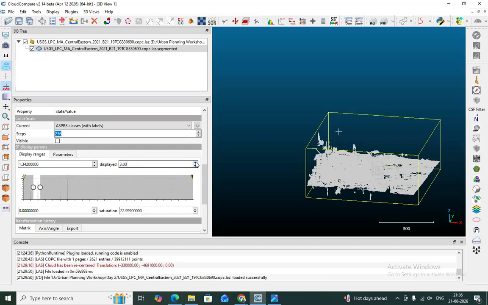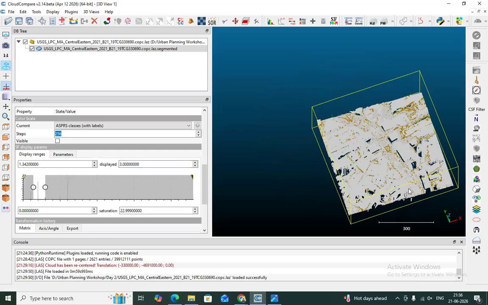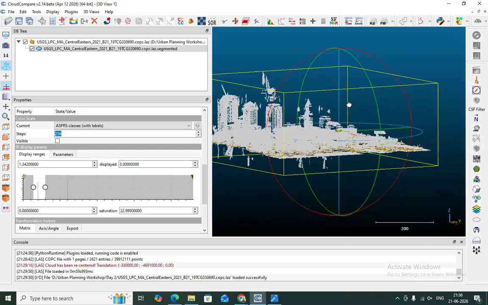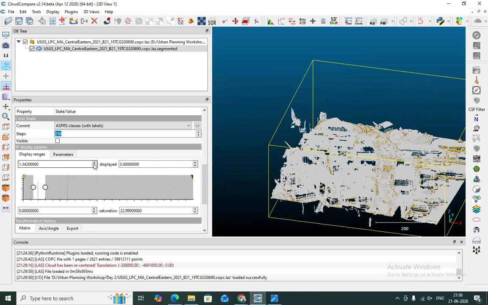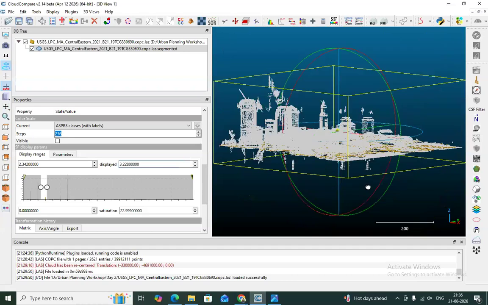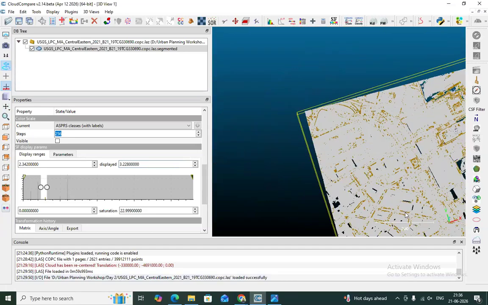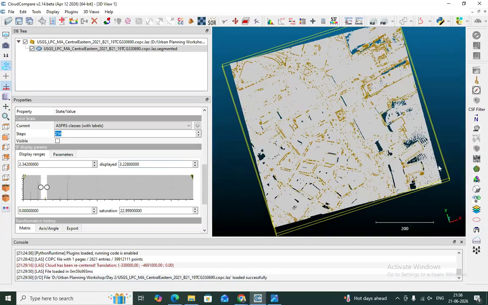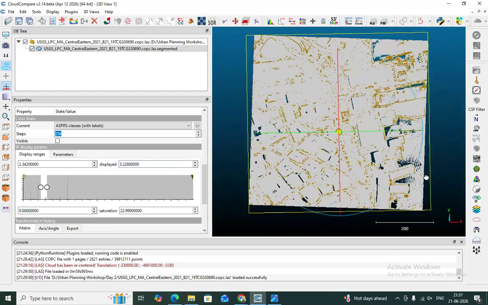If you make it 3, let's see, you can see only some of the ground part. If you make it from 2 to 3, so that way you can actually see what value is visualizing what part. You can change the value.